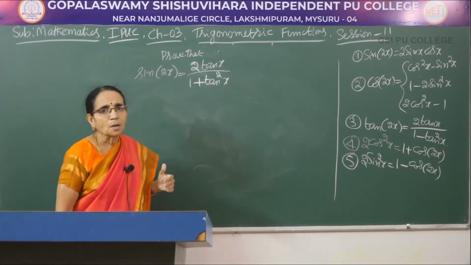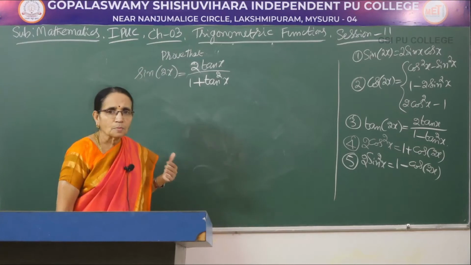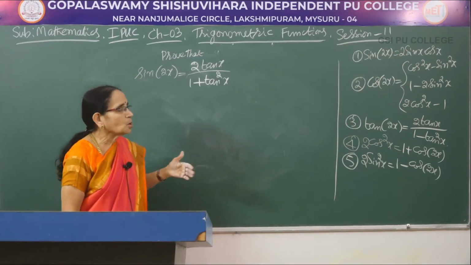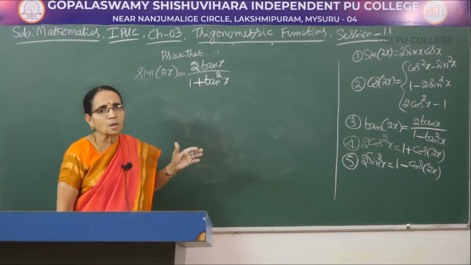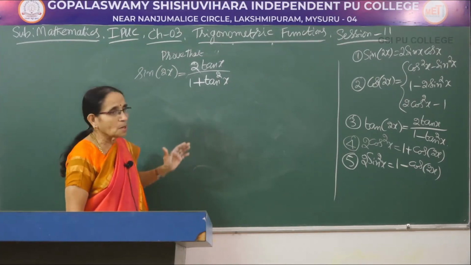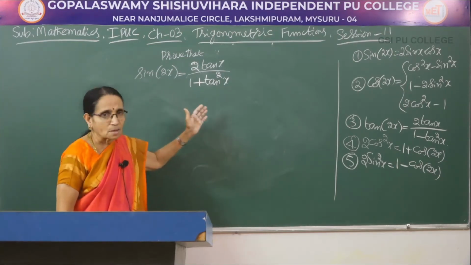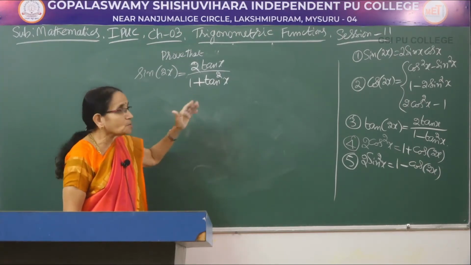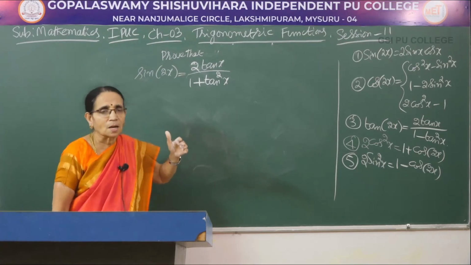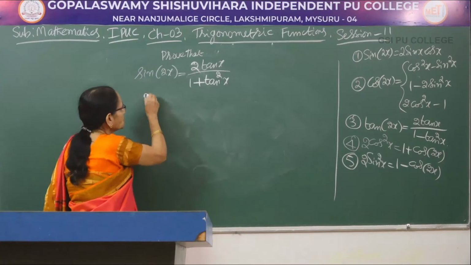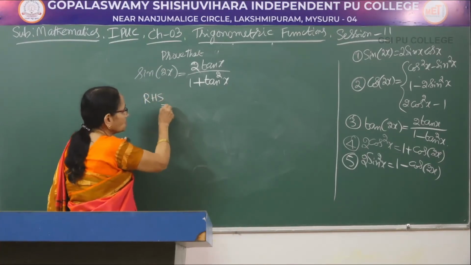Usually, as you know, whenever you are proving, we start from the left hand side and arrive at the right hand side. The common practice, more than 90% we follow that procedure. In this problem, I am starting from the right hand side. Start from the left hand side, certainly you can get this side, but it is better to start from the right hand side and get the left hand side rather easily. Therefore, let me write it as the right hand side.